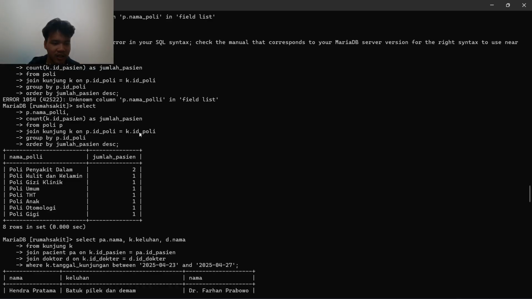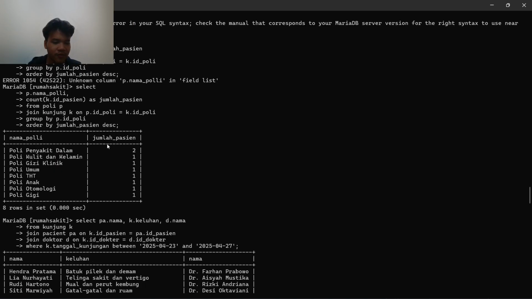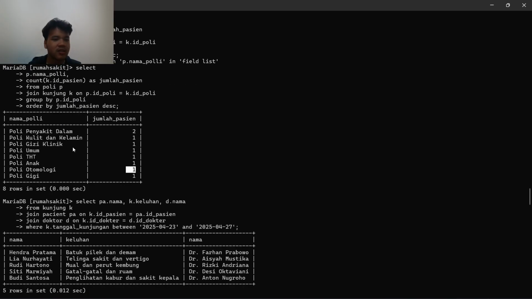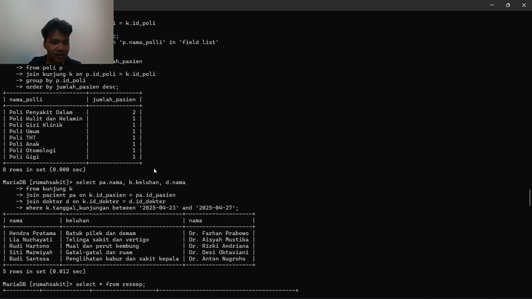The column connecting tables kunjung and poli is ID poli, and then we group by ID poli and order by jumlah pasien descending. This way it orders from the biggest to the smallest. As you can see, this is the result.